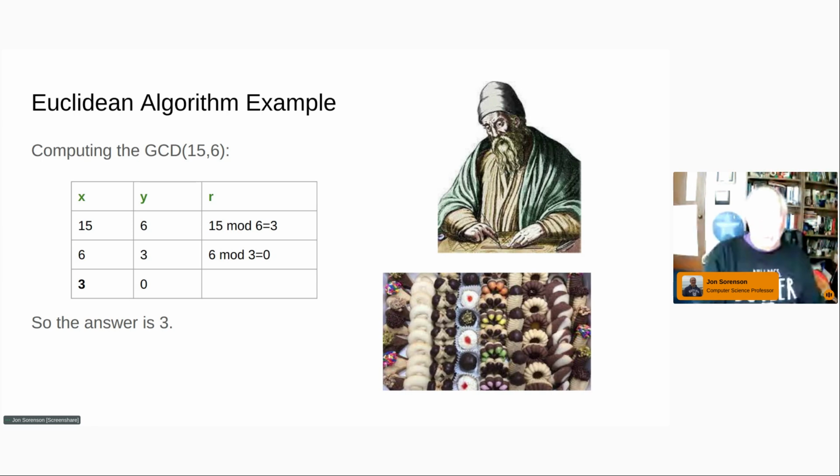Maybe you like cookies as well. So we'll have pictures of cookies in the whole talk. Does that help keep you awake? I don't know, but you can think about lunch and do that.